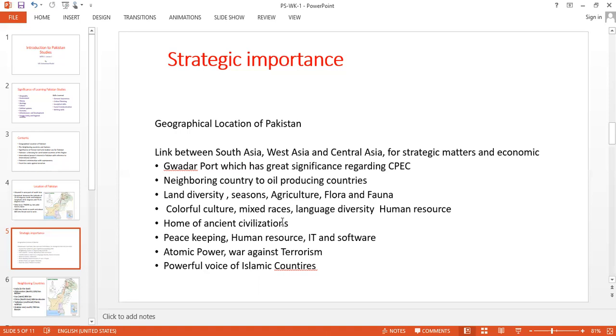Well, another very key significance of Pakistan is being the sole atomic power in the Muslim world. Pakistan is also